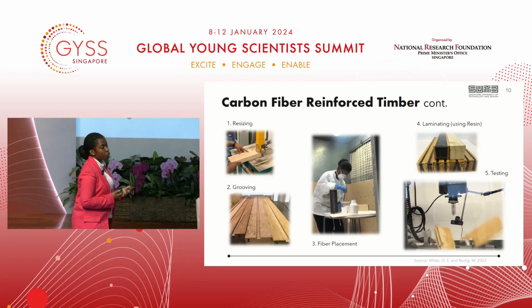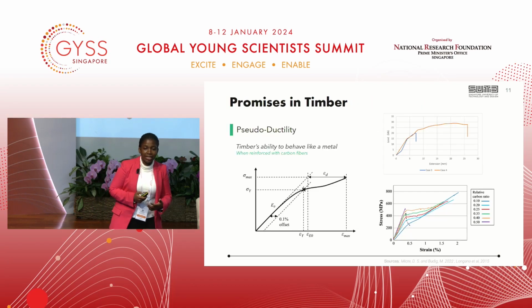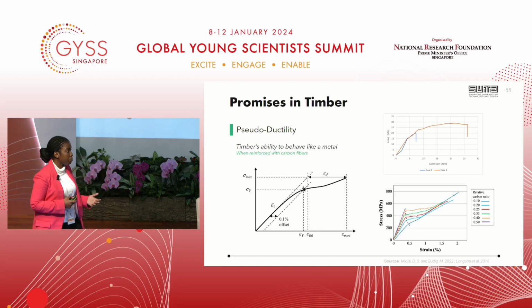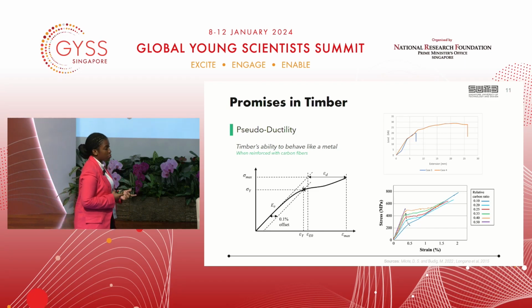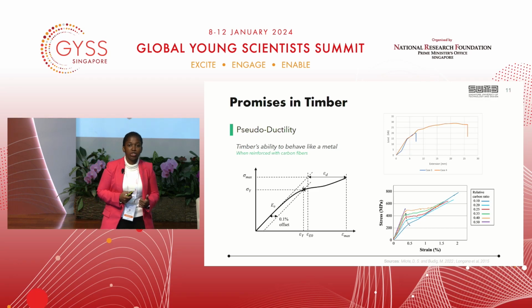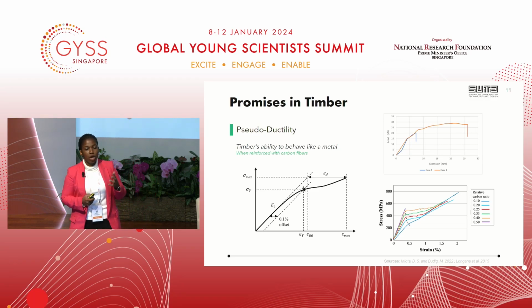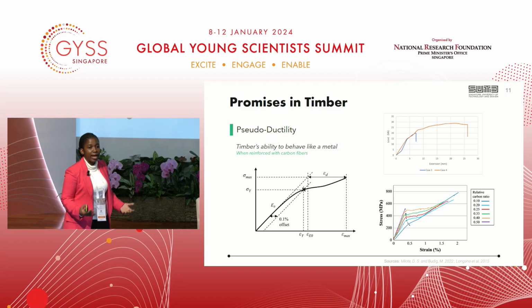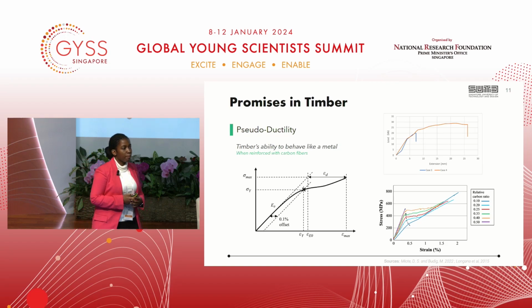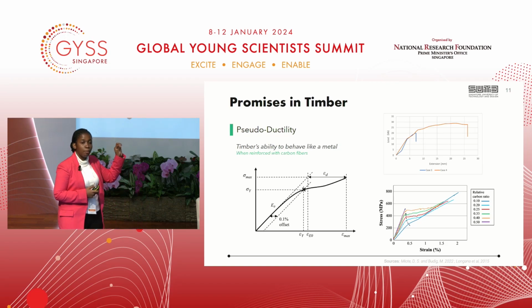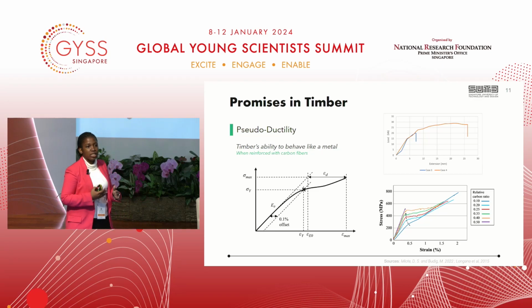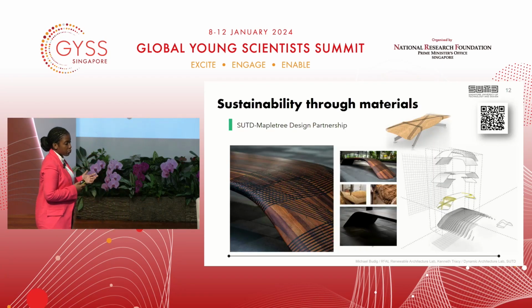In this experiment, we found that load-bearing capacity increased by almost 80% compared to the unreinforced timber beams, due to the reinforcement of carbon fibers. But we also found something interesting known as pseudoductility, which is the ability of timber to behave like a metal. The timber took longer to break after it was reinforced with carbon fibers. But we also noticed that there is an optimum amount of carbon fibers to be used, because as you keep reinforcing with extra carbon fibers, it actually turns back to brittleness after some time. So this project was very impressive.